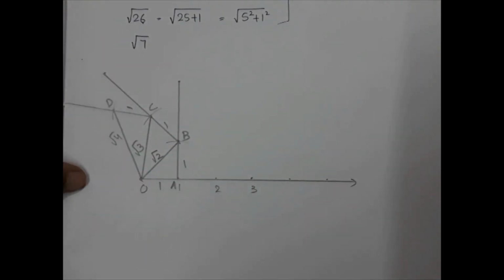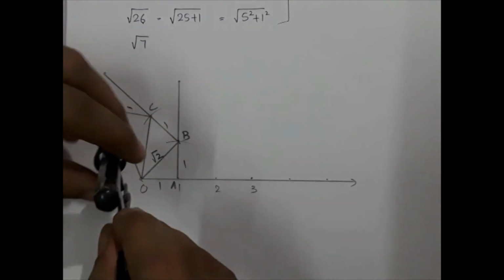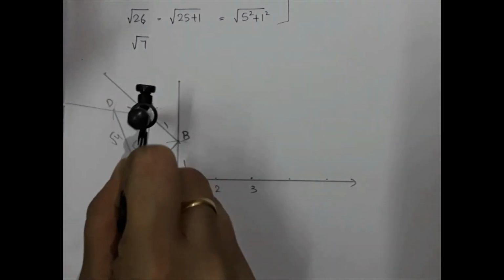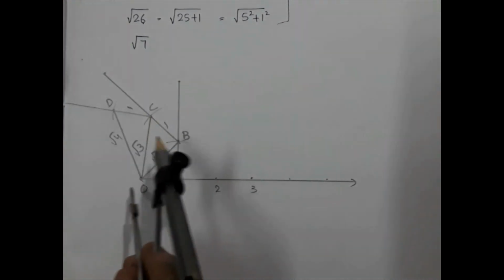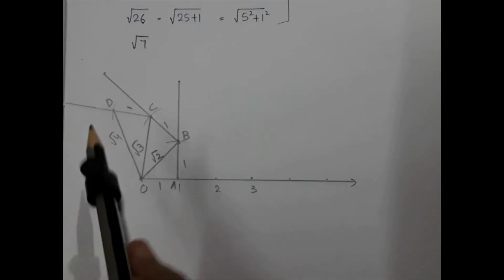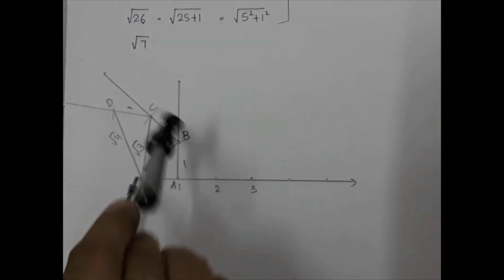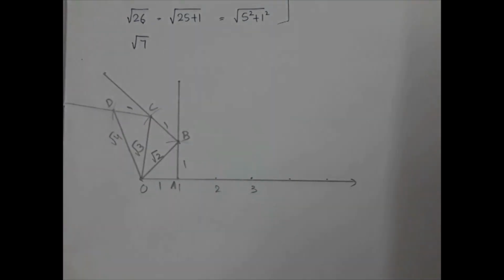Likewise, you have to construct up to root 7 and then that much distance you have to take. That is, if you are drawing root 3, what you have to do is take O to C and draw the arc. Likewise, you have to continue to root 7, mark that radius and then draw the arc. So please do it. Root 7. Okay. So this many questions you have to do in your notebook. After that we will move to the next construction.